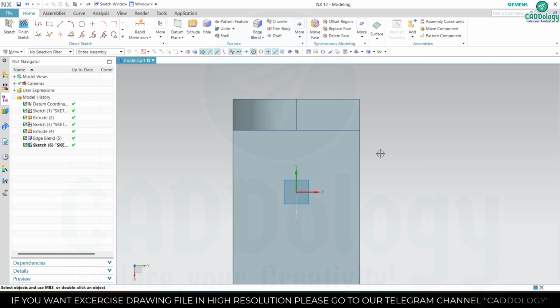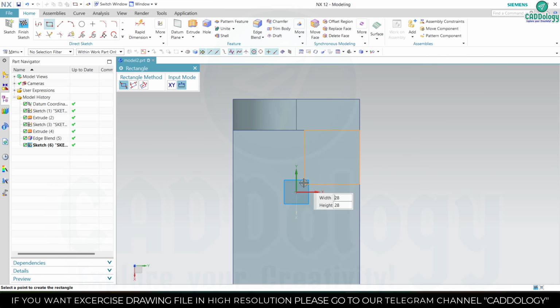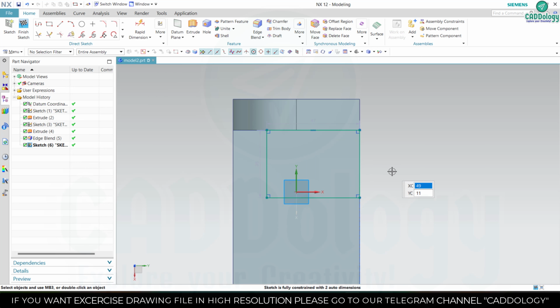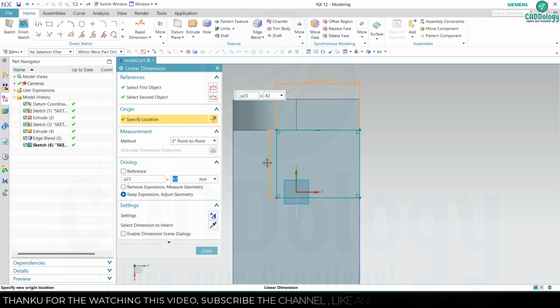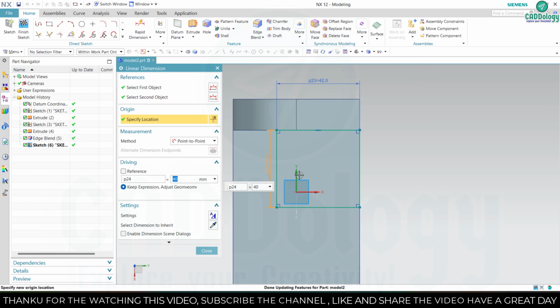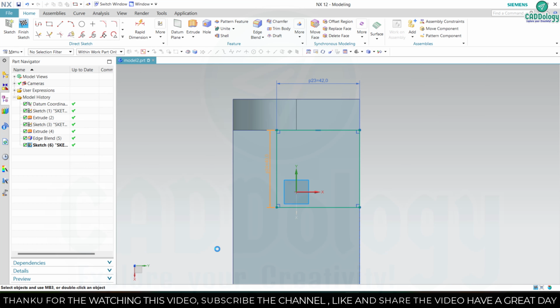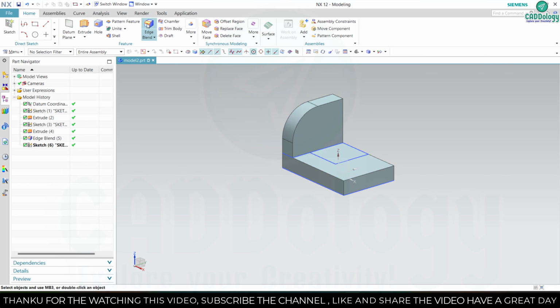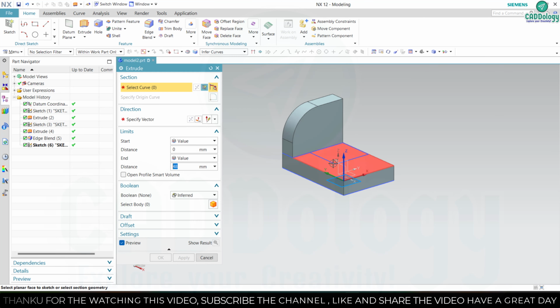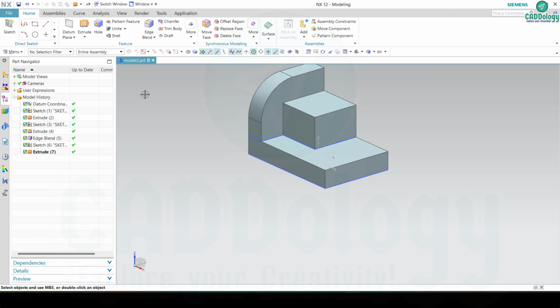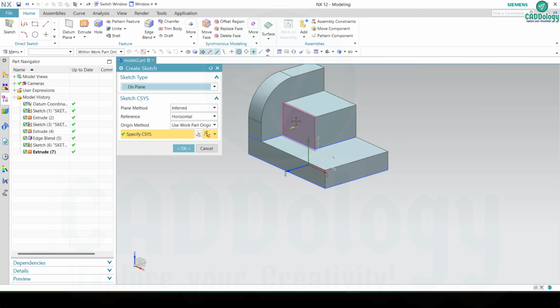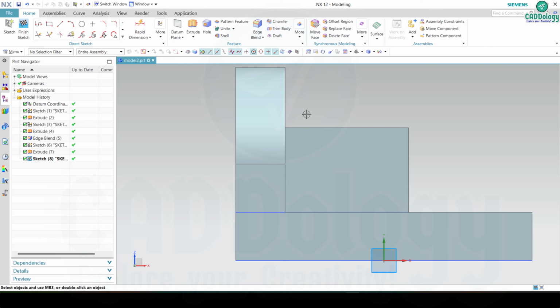Select top face as a sketch plane, make a rectangle, and now make a rectangle of 42 by 40 mm and then finish sketch. Go for the extrude and the value of extrude is 28 and then OK. Again select front face as a sketch plane, make a circle on the middle